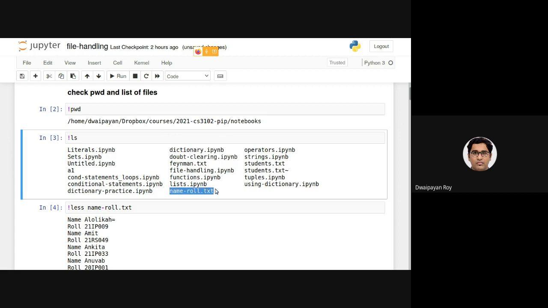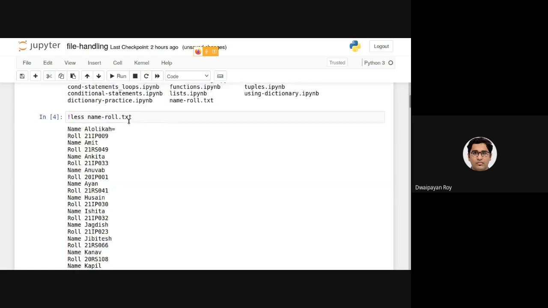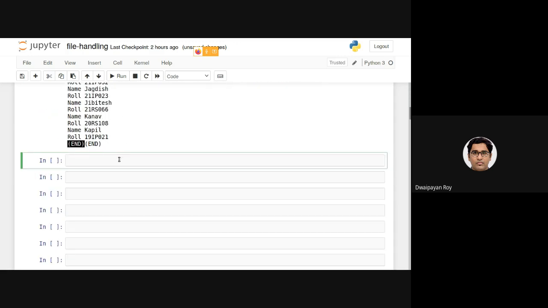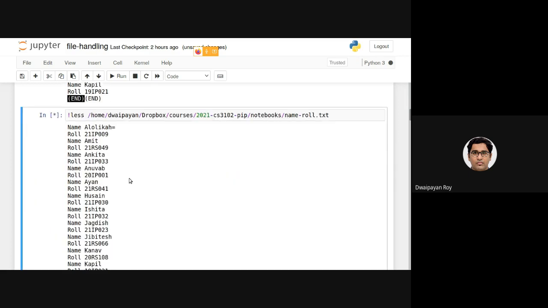And if we want to access this file irrespective of the present working directory, we can use the absolute path. The absolute path is this. So ls is the command to list the files, and the absolute path of the file is this.